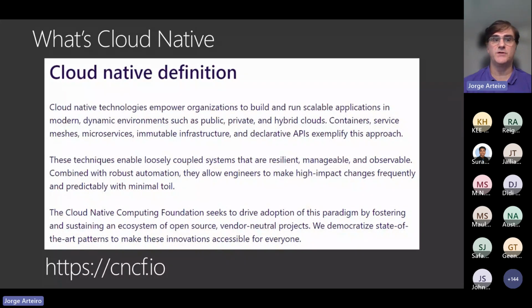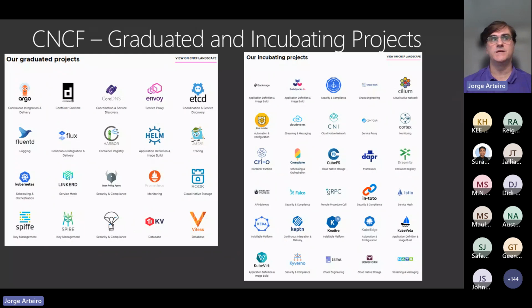Then cncf.io is where you can find those projects, and Kubernetes is the main one. You can see Kubernetes here. And there are three groups of projects. One is graduated. Those are the main ones. Incubating also, because they are in some stage to be graduated. And Kubernetes is the main one. Everything, I think, runs around Kubernetes here. But there are projects that run without Kubernetes, so this is not a mandatory thing with Kubernetes. And I say Containerd, that's the high-level library that I was talking about.